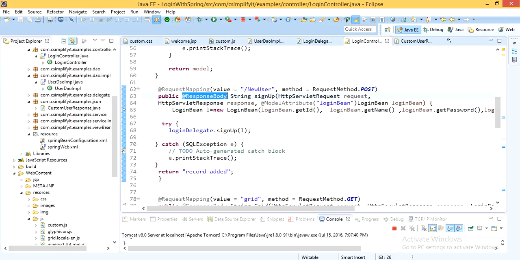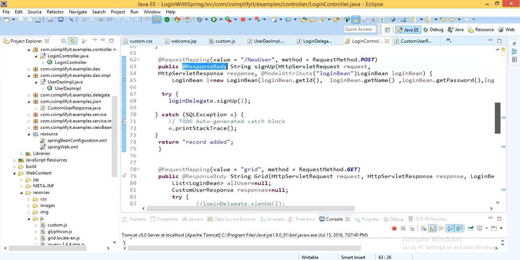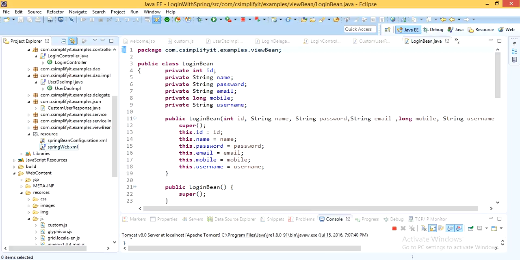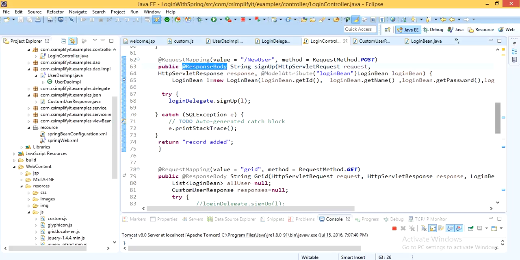This is my controller, and this is get and set, get id and set id. It is the get parameter, something like that. We have to set it on the login bean. It means here is our bean class in which there is a constructor. Directly with the constructor we set all attributes, and the login controller is responsible.